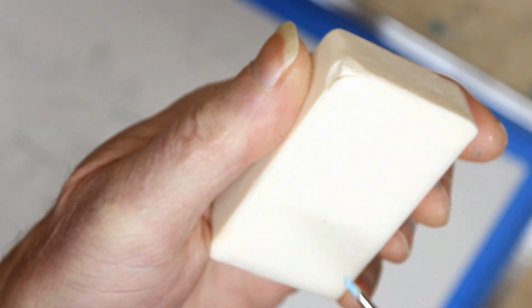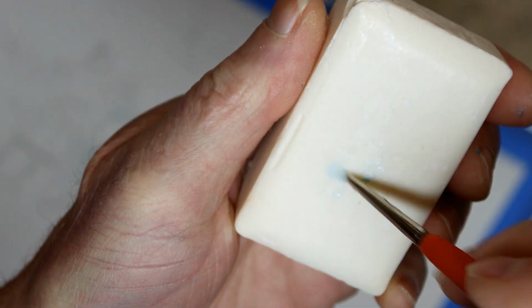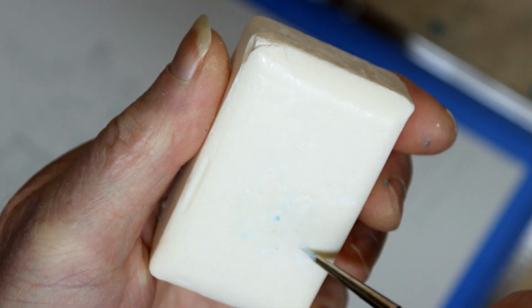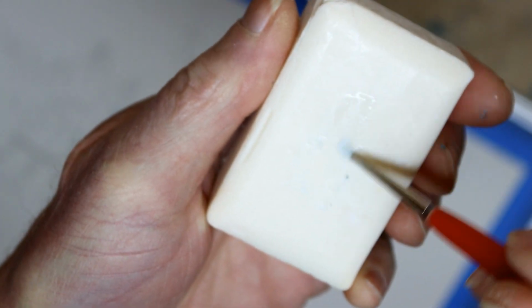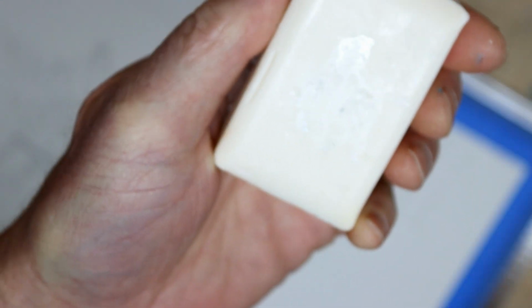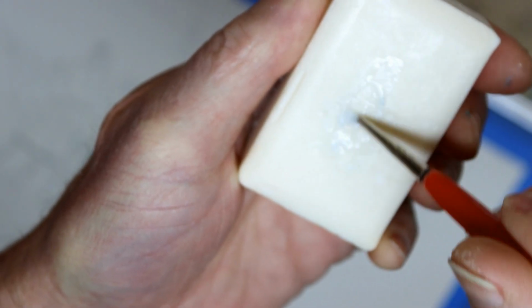So I'll paint whatever areas I can paint with that, and then wash it off immediately before I go to the next smaller size brush to do the slightly smaller areas that the 1/2 inch flat brush wouldn't work in. So here I'm doing exactly the same thing I did in the first place, wetting my brush, carrying it directly to the soap, soaping up the bristles,